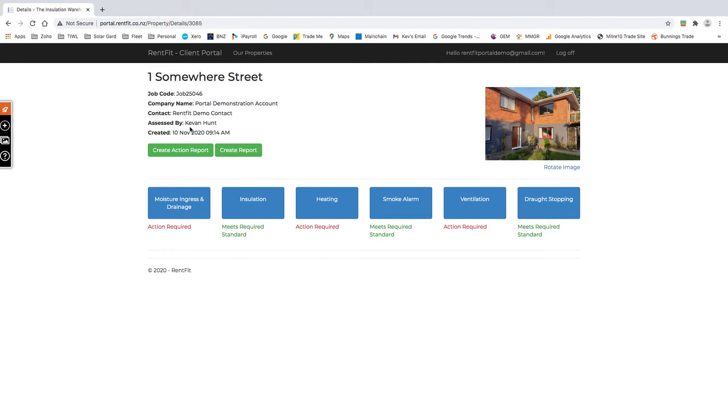It shows you who assessed the property, who the team member from our business was that did the assessment, and when it was created. It shows there, so it's the day of the assessment. We show a photo of the property from the outside, and that's the photo that will appear on your report as well. So there's a couple of options that you'll see here in green, and very soon,